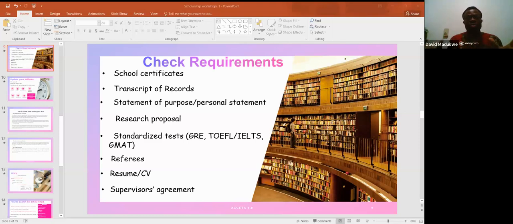So both of them come hand in hand, but you need to look at the requirement they mention when you are applying. Some of them will tell you to write a personal statement separately, and some will tell you to write a statement of purpose separately. In that case, you have to differentiate between them. But if they just tell you to write 1,000 words on statement of purpose or the purpose for which you want to do this research, in that case, you are putting both together.